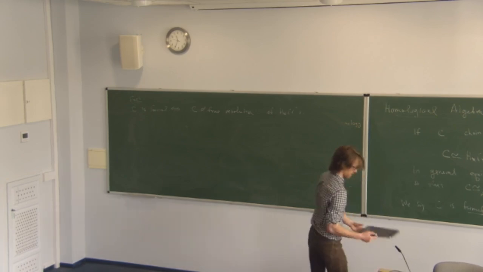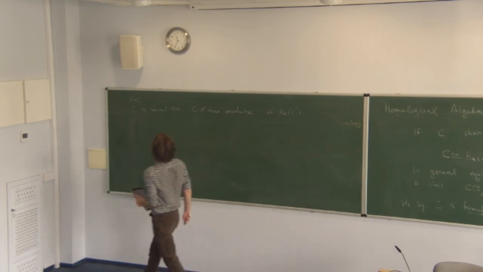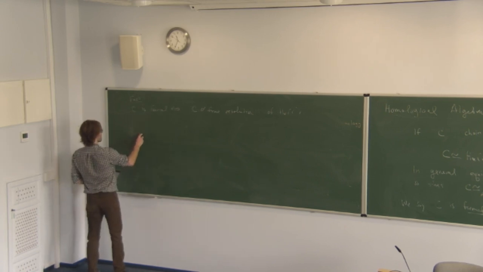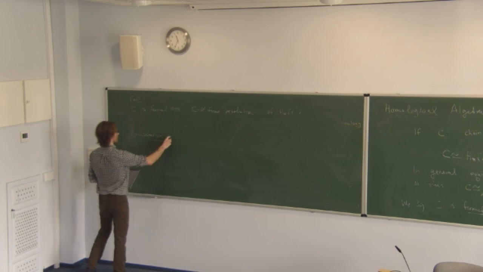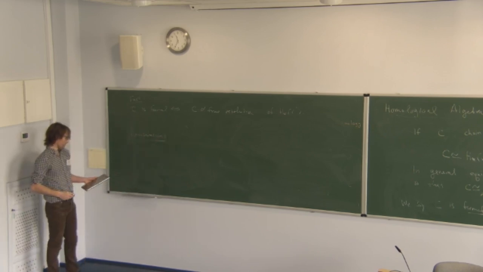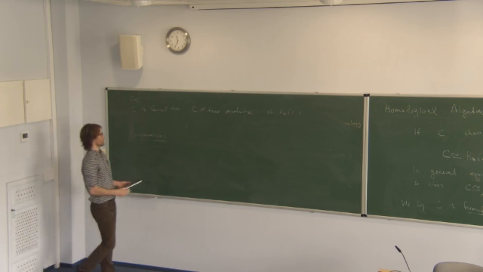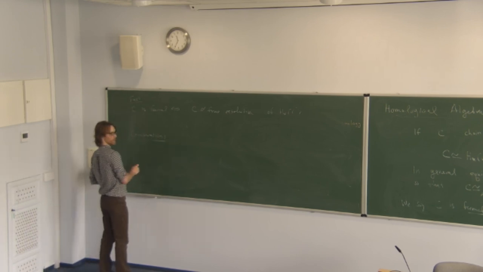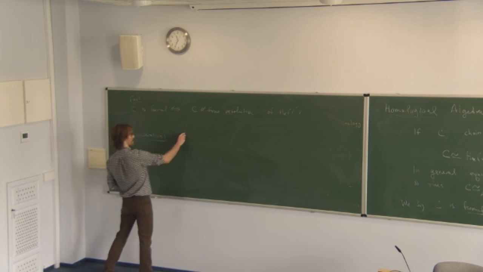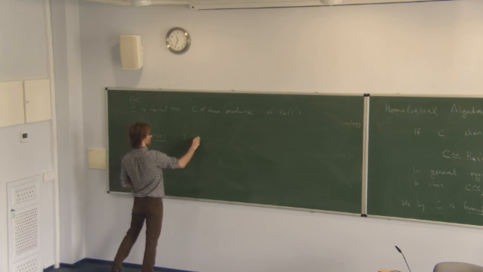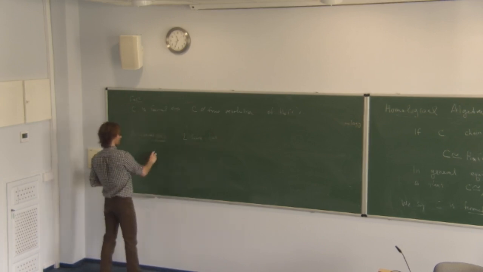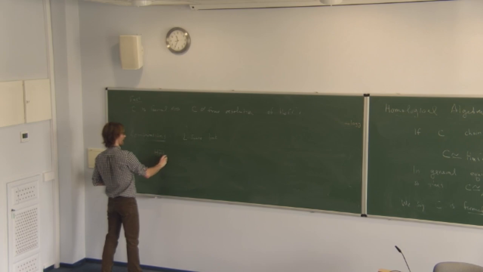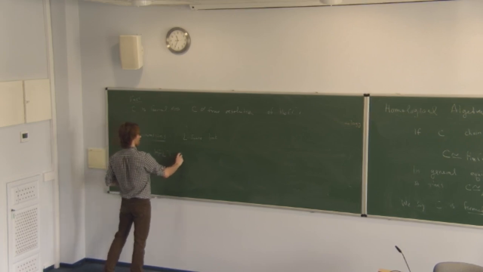So, computations. Okay, so how do we do computations? Well, let's remember what I said at the beginning. If L is an L-space link, basically the definition is just that the minus homology is isomorphic to a